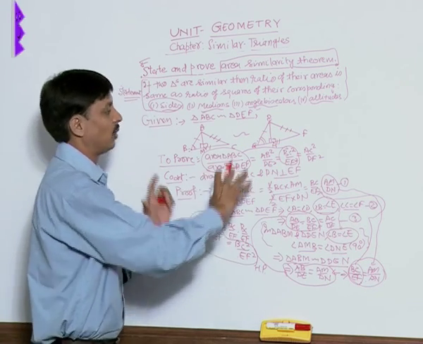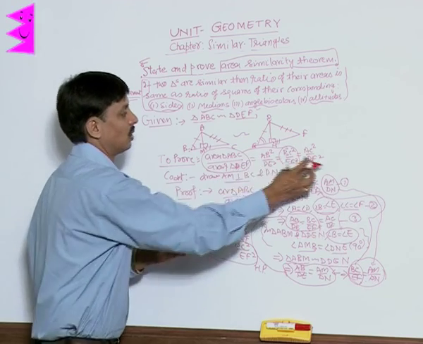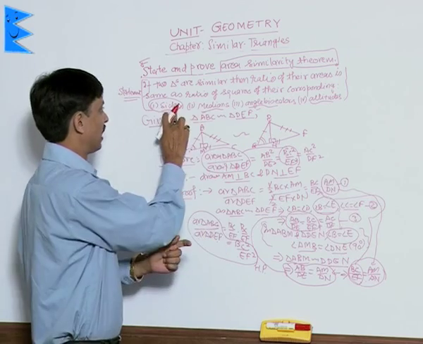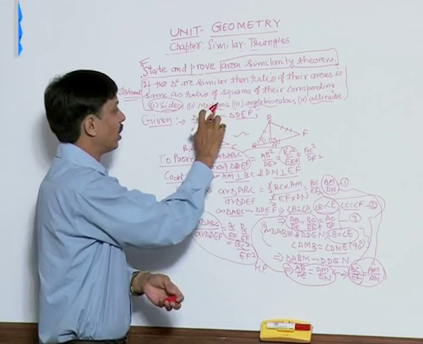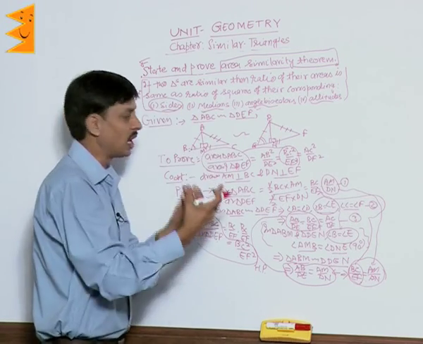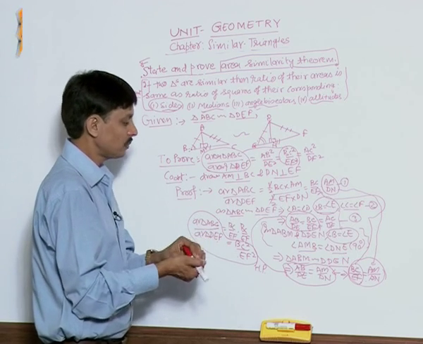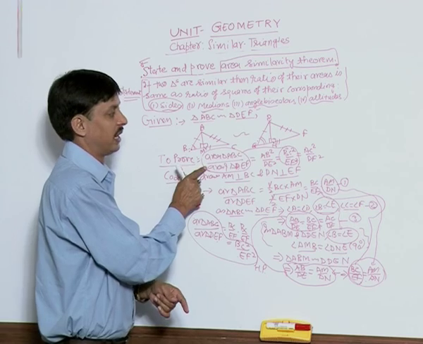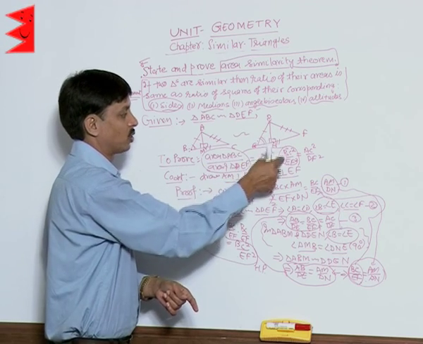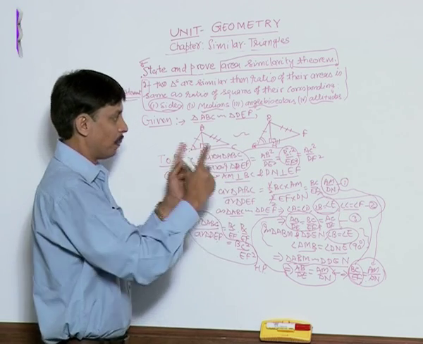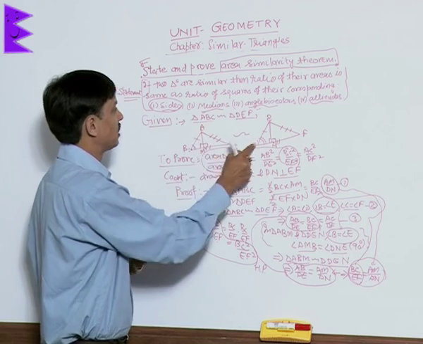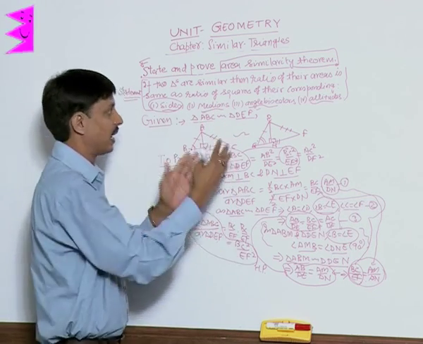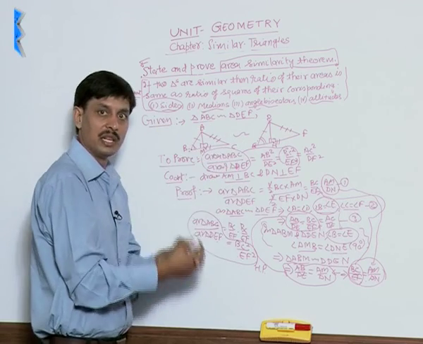Similarly, we can prove the other two sides also. But now, as I have proved the first part, let me explain from here how we will prove the second part. As I have proved that the ratio of areas of two similar triangles is the same as the ratio of squares of the corresponding sides, and the ratio of sides is the same as the ratio of medians, in place of sides we can write medians. So this will be true for medians also.